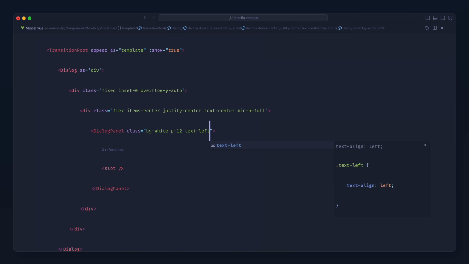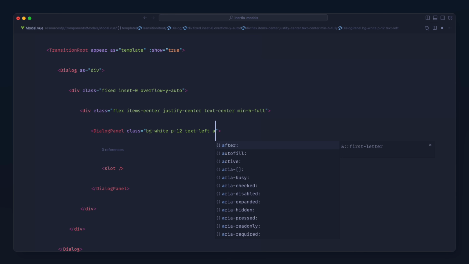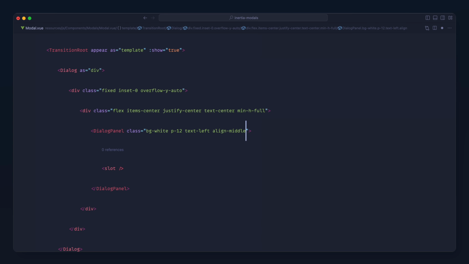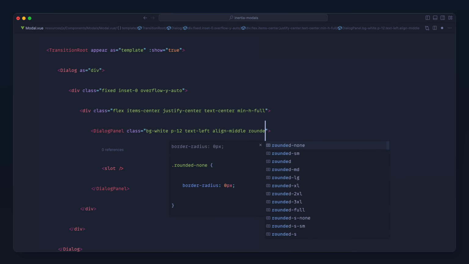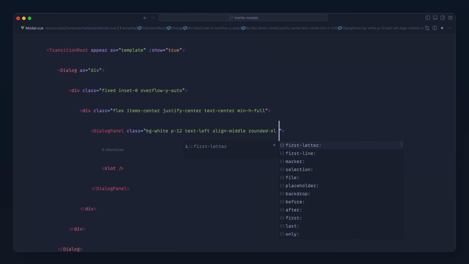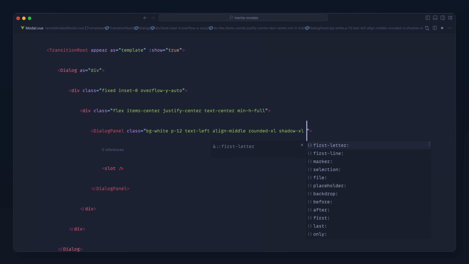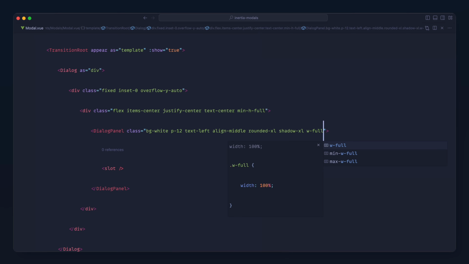So let's set the text specifically to left here. That kind of makes sense. And we'll set align to middle, and we'll set rounded XL for our corners. We'll set a shadow to XL as well. We'll set the width to full because that's going to take up the full width of the inner container. And then we'll set a max width of medium or large, whatever we want the size of this to